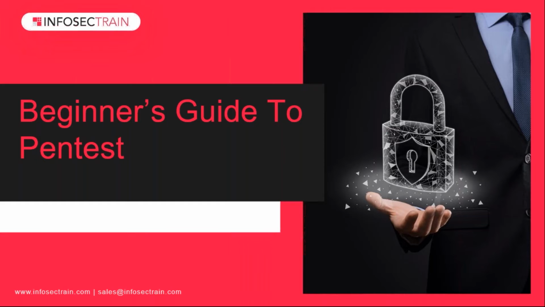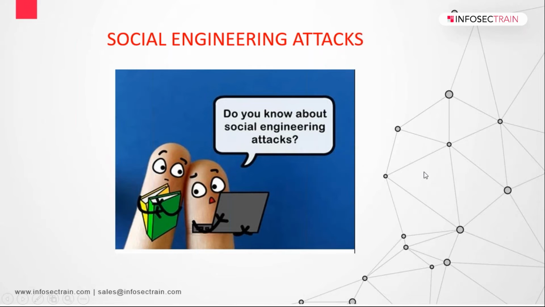Okay, so continuing with the very first one, it's your social engineering attacks. Social engineering is the art of manipulating people so they give up confidential information. The attacker and pen tester will be on the same level throughout the whole case. As a social engineering attack, he's also doing attacks, so he'll be behaving like an attacker here.